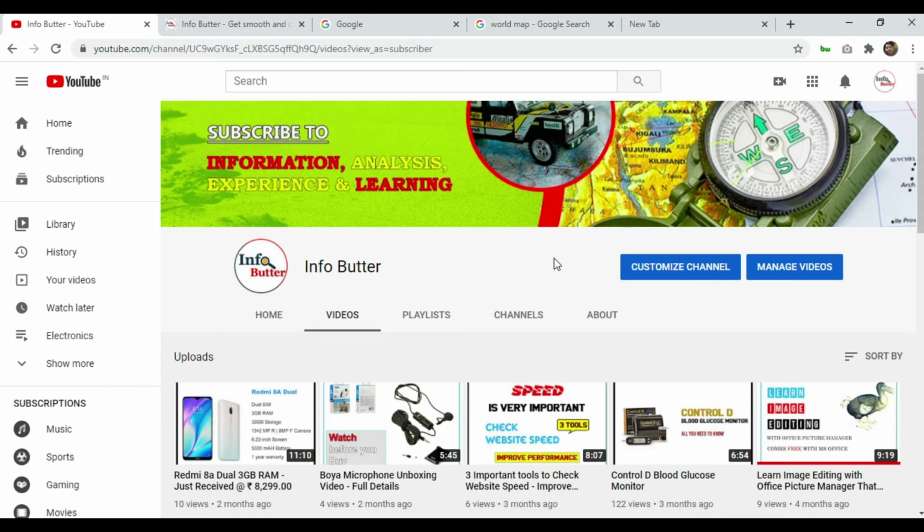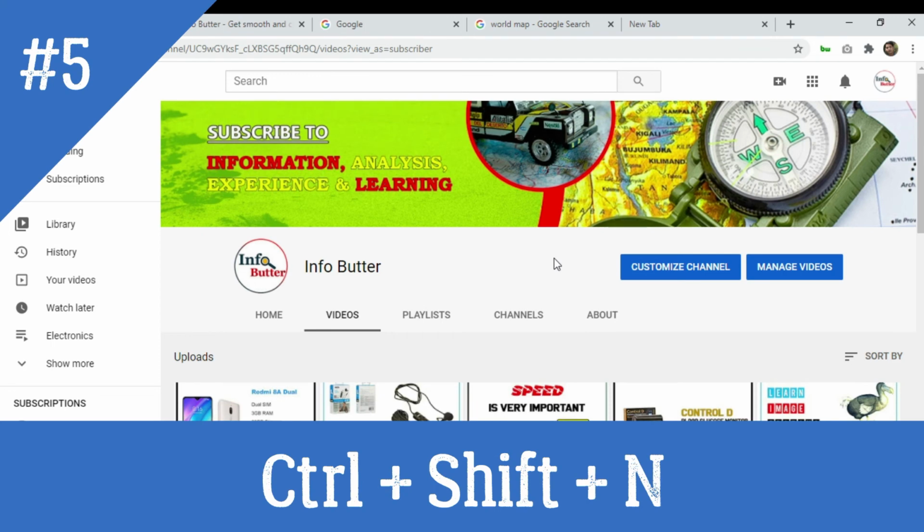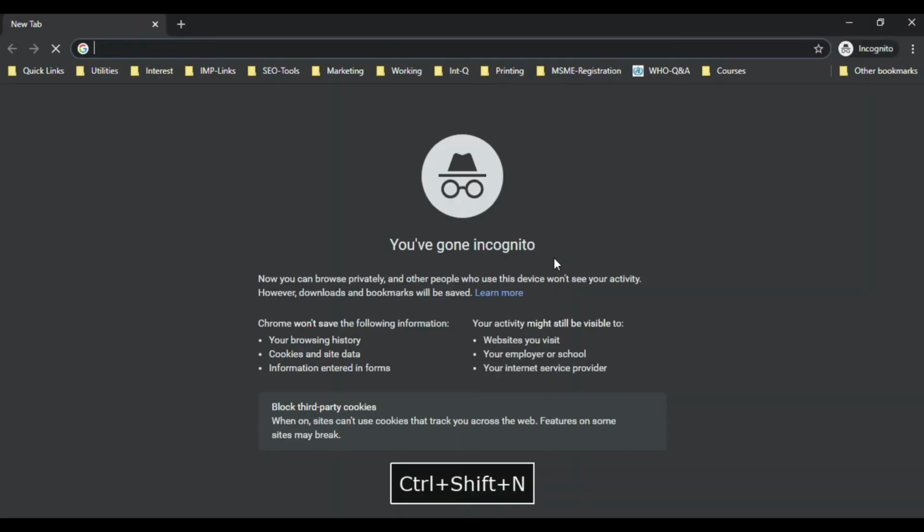Okay, the next key in the list, this is also the last key in the list, is Control plus Shift plus N. What does the key do? Control plus Shift plus N opens Google Chrome in incognito mode. What is incognito mode? Incognito mode is a private window which you use to access your personal data. Let's see how it is. Control plus Shift plus N is